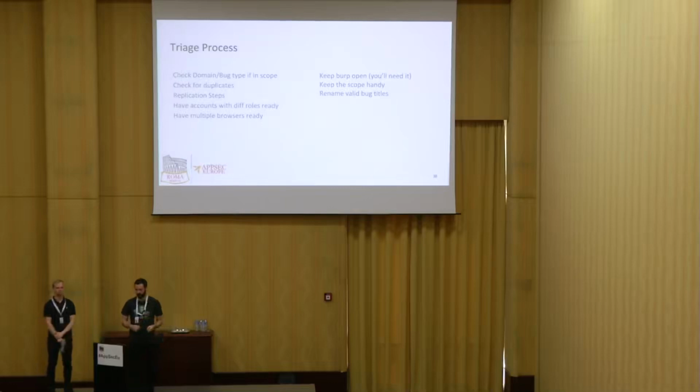So in order to be efficient, again, in triaging, there are a couple of points that are really important to take care of. These are supposed to be top to bottom. The first thing, when you get a submission and you're trying to validate it, is to make sure that the domain they're reporting on, the target, and also the vulnerability type, are both in scope. If you spend time reproducing an issue and then figure out that this issue is not in scope, or this target is not in scope,